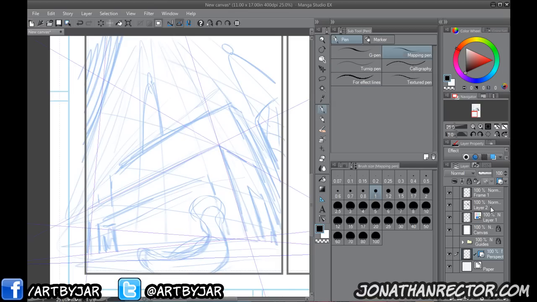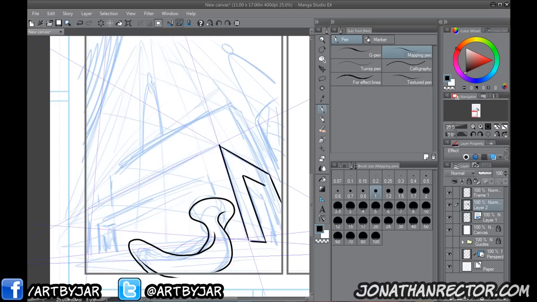So now I can just start inking on top of this. Let me turn that off there so we can get the snaky worm thing. Whatever that is. Make sure you always have your special ruler on, and let's draw the bench that we gestured in.